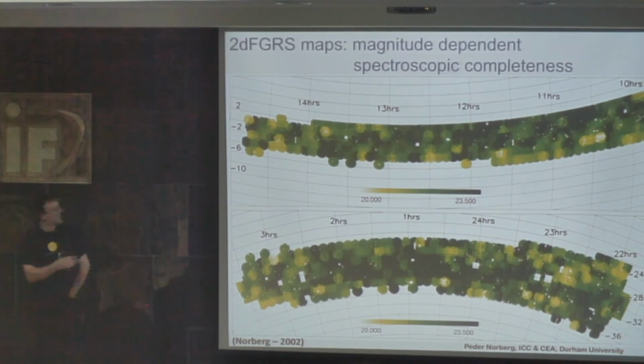And you calibrate, you have a measurement of a variable, in this case called mu, which gives you an idea of how likely it is to get a redshift for an object depending on its magnitude and so on. And you can see that this varies quite a lot across the survey, and you need to account for that in order to do the measurements accurately enough.